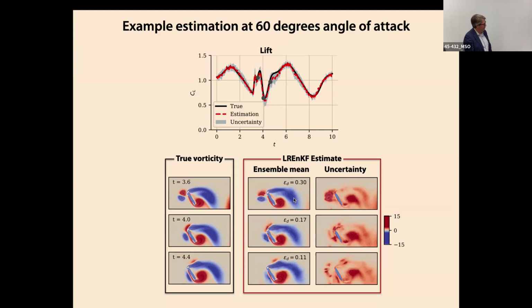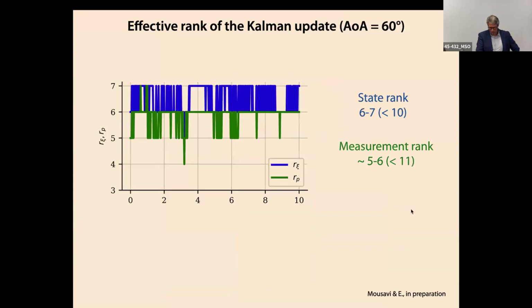And the ensemble mean for the vorticity is a little better than the previous case, I think. But there's still some uncertainty about where that trailing edge vortex is here. But again, this is just showing a shift in location, right? So it tends to amplify that uncertainty just by not exactly knowing where this vortex is, for example, right? So it's revealing a lot of the things that we might be uncertain about, but we still feel pretty good about that.